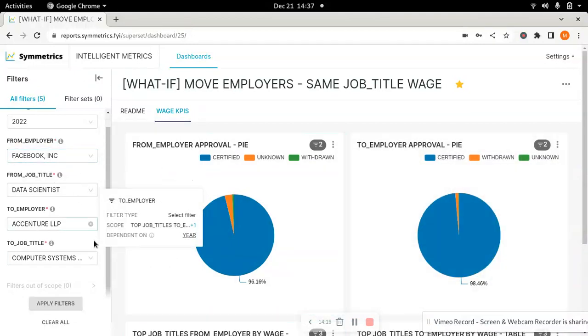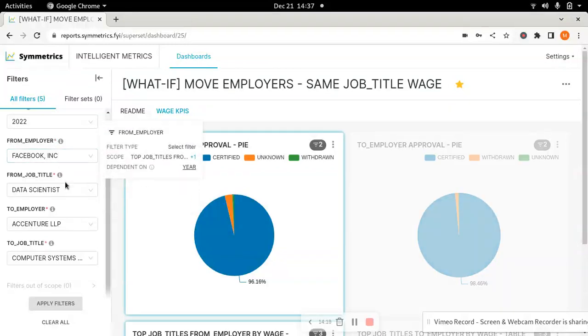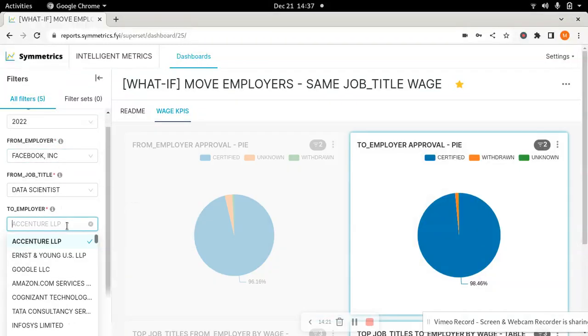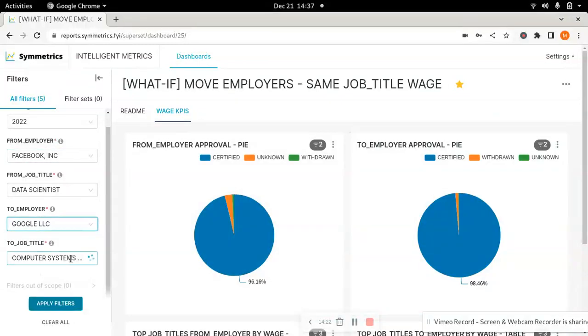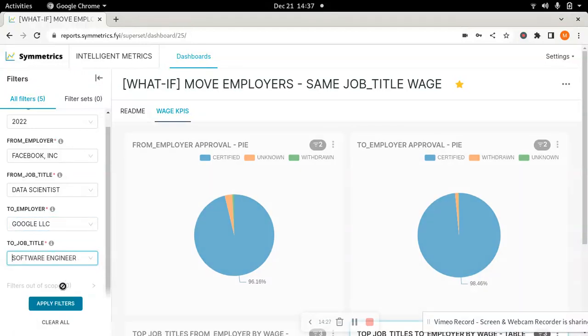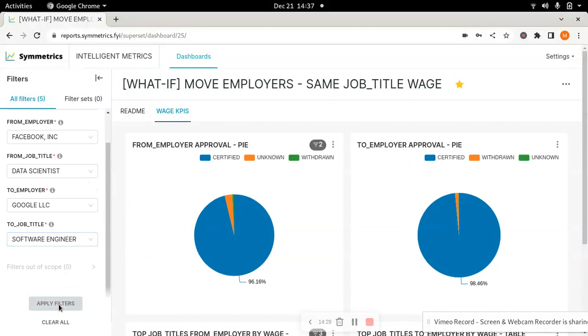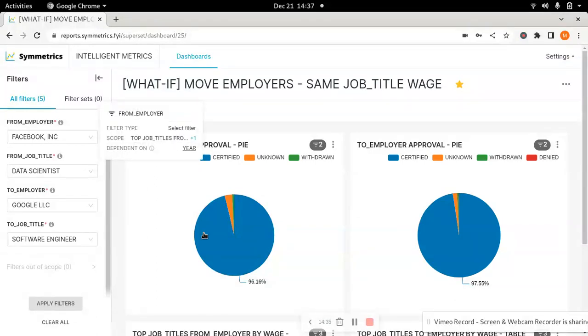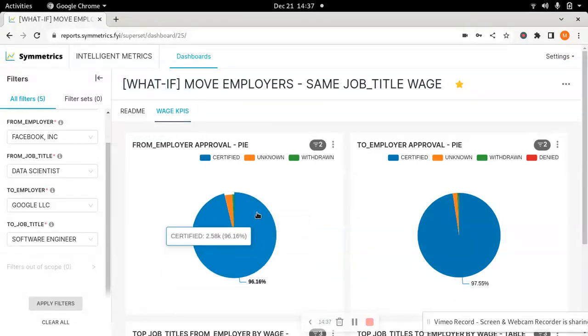But let's make it something more meaningful, right? So let's say Facebook data scientist, and let's say you want to move to Google, and I don't know, let's say you want to become a software engineer in Google. Let's apply the filters, right? So this dashboard first gives you an overall from employer, which is Facebook. It tells you what's the share of Facebook.